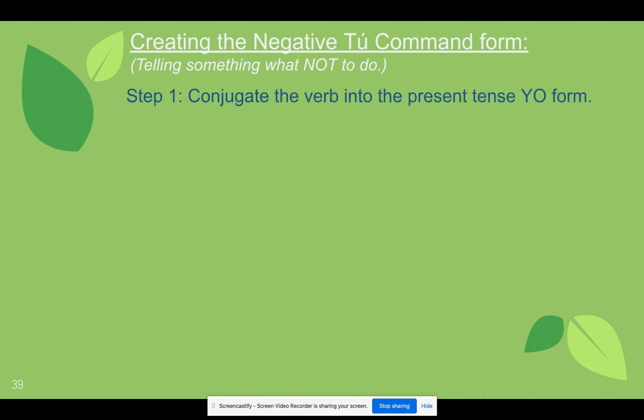Step 1. Conjugate the verb into the present tense yo form. Let's use the verb hablar. Hablar, changed to the present tense yo form, is hablo. Step 2. Drop the O. We take the O off and we're left with the stem,